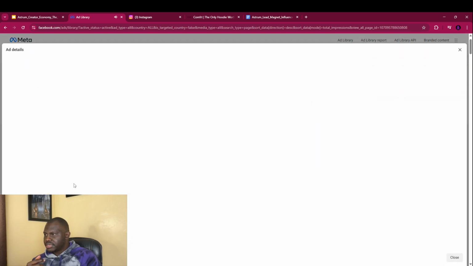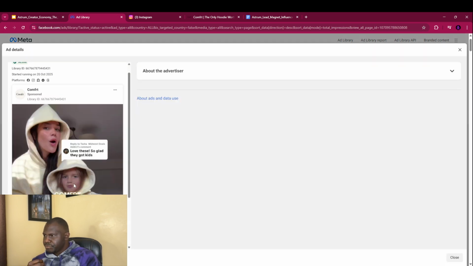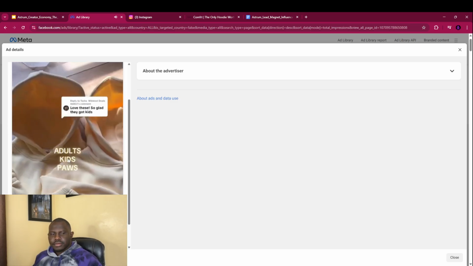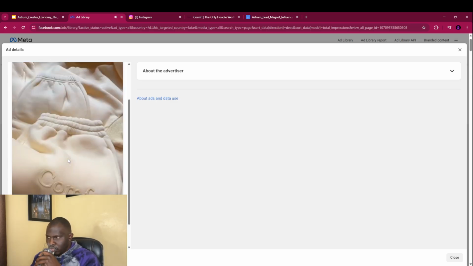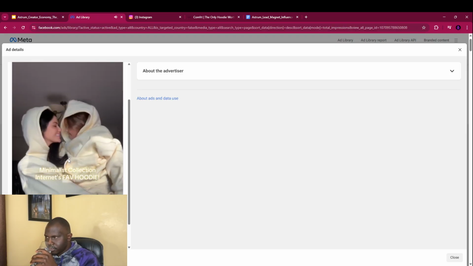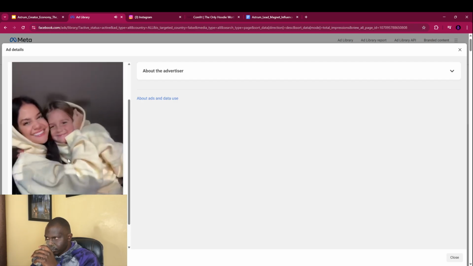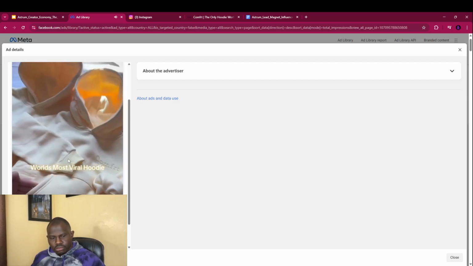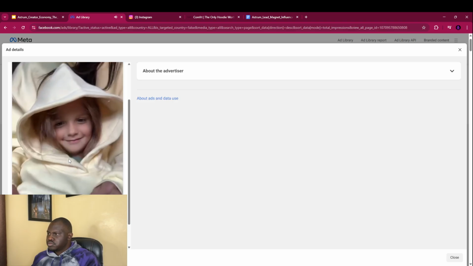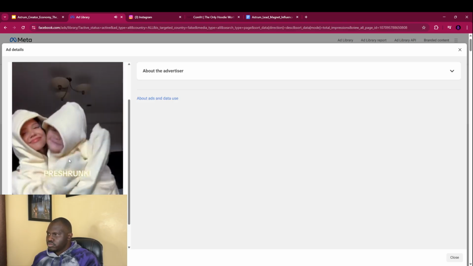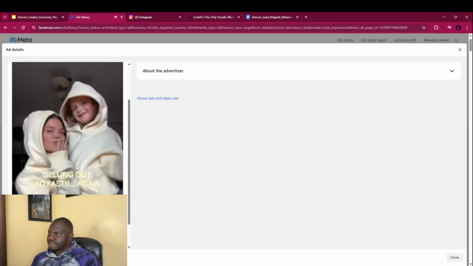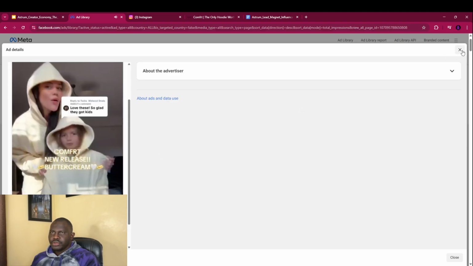Color of the season is finally here, and it's not just for us, it's for our kids too. Buttercream has arrived, and they're dropping it in the Minimalist collection, which is the internet's favorite hoodie. It's super oversized and perfectly slightly weighted. Comfort is the world's most viral hoodie. They sell out every single time they have a new drop. My kids and I are obsessed with our comfort sets, so we make sure we get every single one. Moms, don't worry, these come pre-shrunk. These are already included in their super sale, so go and see if your size is in stock, and don't miss this drop. Color of the season is finally here.